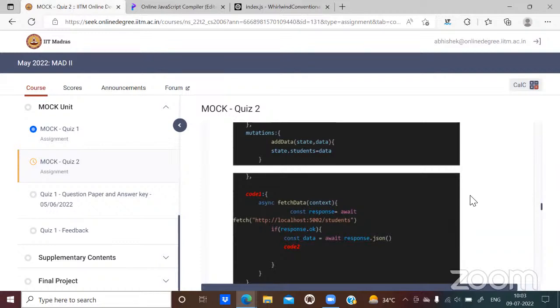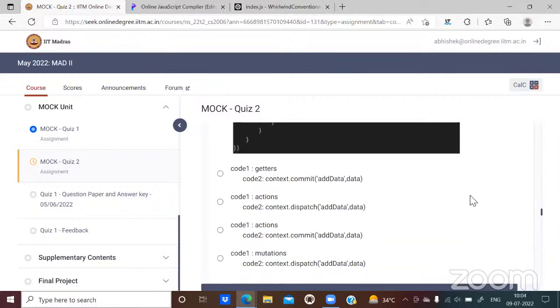Sorry, your voice was a bit... Actions commit the mutations. So you have to commit the addData with the data attribute. Okay, all right. So the first one is going to be actions for sure, but the next thing is going to be context.dispatch, right? No, sir. Context.commit, no?